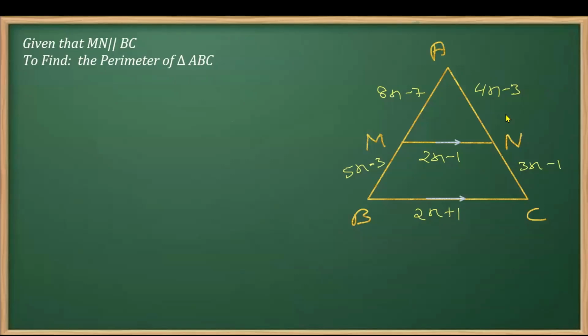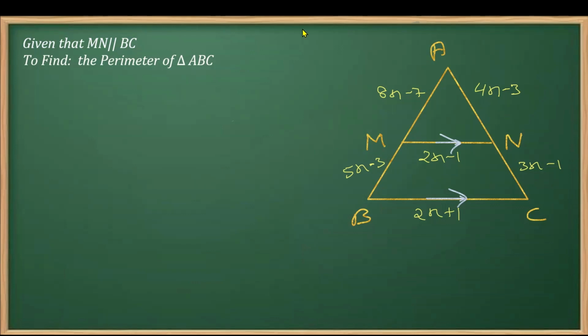In this question, we are given a triangle ABC, as you can see in the figure, where MN is drawn parallel to BC. What we have to find out is the perimeter of this triangle. The first thing that we'll be doing is to apply the property of